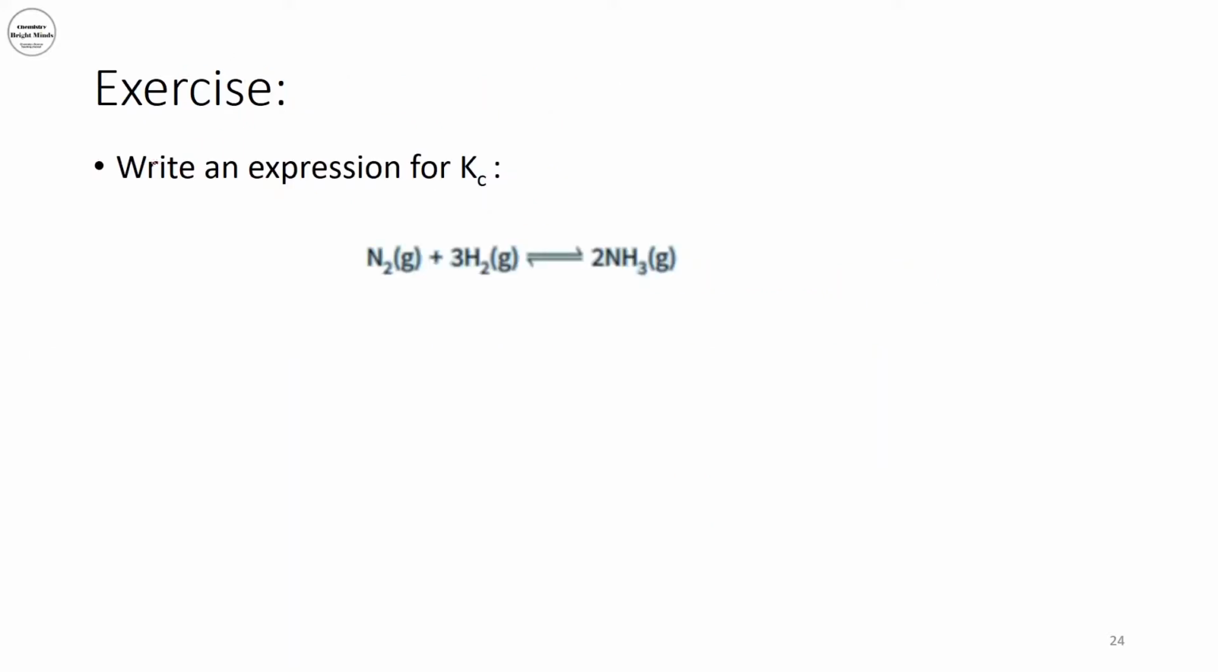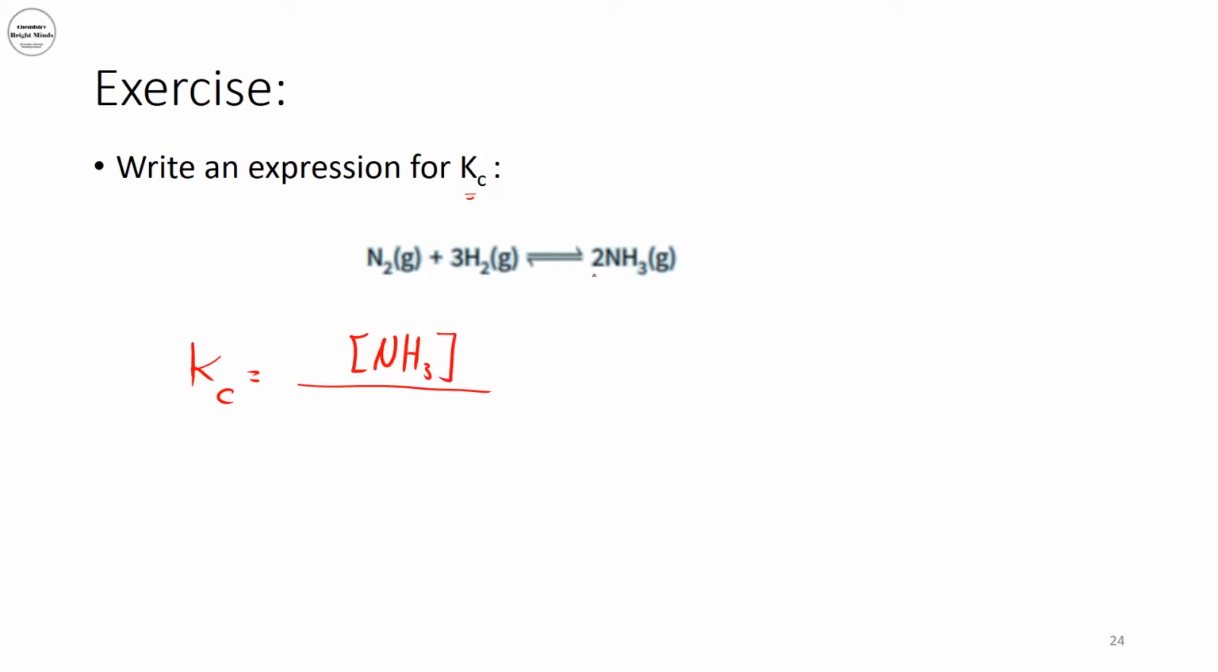Now let's look at this exercise. Write an expression for Kc, the equilibrium concentration of this reaction. In here I have nitrogen reacting with hydrogen to give me ammonia. So in order to get the expression, I need my equilibrium concentration. In that case it would be equal to the product, which is ammonia,